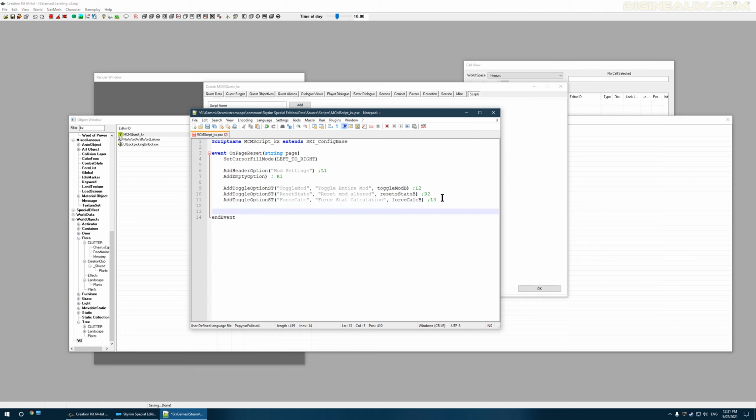We then need to make some. We want to add another empty option. And I'm going to make sure we close the brackets, which I've forgotten to do up here. So then we're back to the right hand side, R4. And